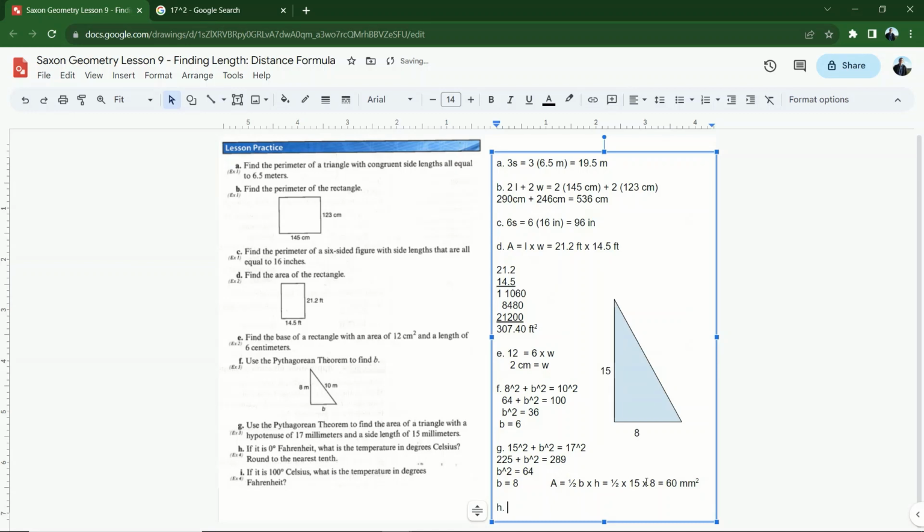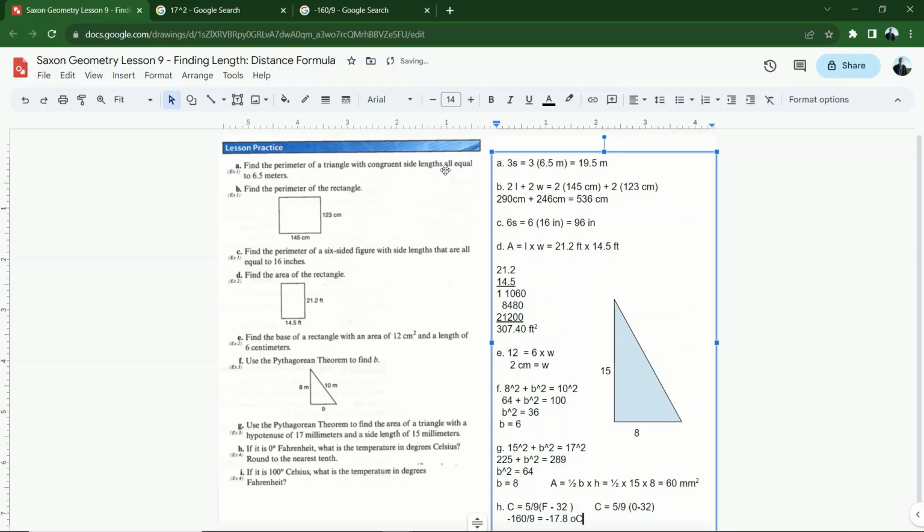Letter H. This is a non-geometric formula. If it is 0 degrees Fahrenheit, what is the temperature in degrees Celsius, round to the nearest tenth? So it's going to be 5/9 times the Fahrenheit temperature minus 32 is going to give me degrees Celsius. I'm looking for degrees Celsius. So what I'm going to do with this is plug in what I know. C equals 5/9 times, let's see, 0 minus 32. So this is going to be 5/9 times negative 32, negative 17.8 degrees